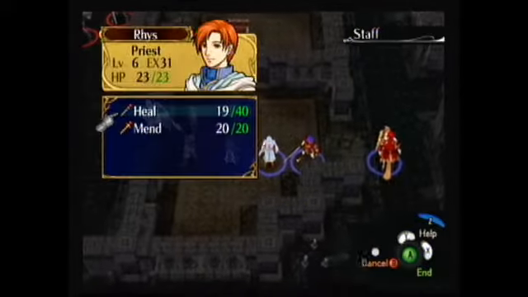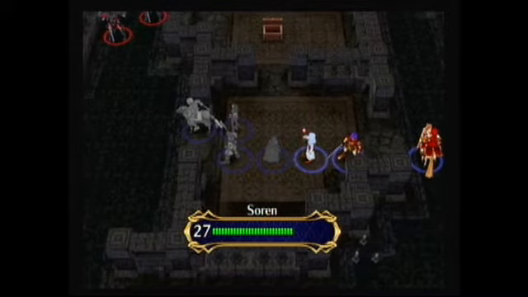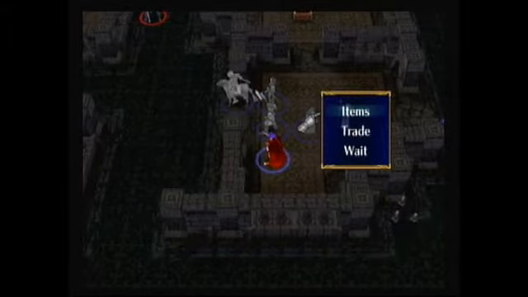Use the Seraph Robe on Soren. So Soren needs healing more than Ike does. He already did, but the Seraph Robe gives him extra HP to fill in there. And we'll just move Ike here. Since there's a lot of lance guys out there, we're not gonna,